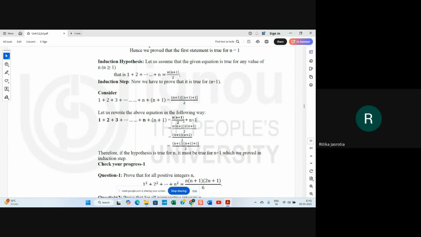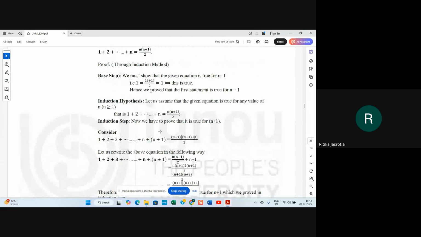the denominator is 2, and you are keeping the full denominator as 2, so you have to multiply this 2 with this n plus 1 also. So here they are saying n into n plus 1 plus 2 into n plus 1. So it will come out to be n plus 1 into n plus 2 divided by 2, which you can also say is n plus 1, n plus 1 plus 1 divided by 2, which is just similar to this. This is what they are trying to say. This is how you solve it.